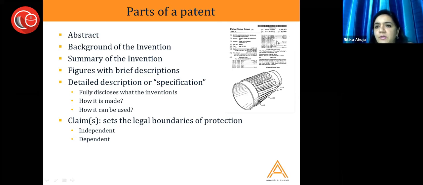You can see a sample patent here. This is the first sheet of a sample US patent that I'm showing, which contains all the bibliographic information of the patent. Bibliographic means it talks about details such as the application number that the US Patent Office has allotted to it, the date of filing, the title, and the abstract. These are the kind of things seen on the first sheet of a US patent.